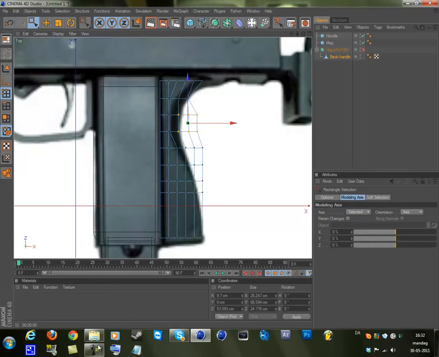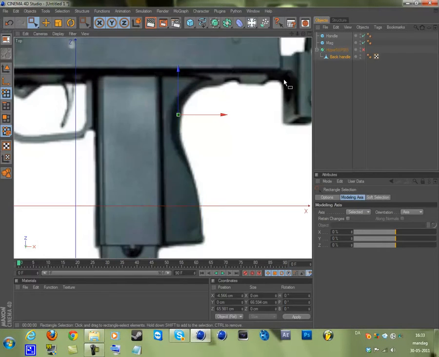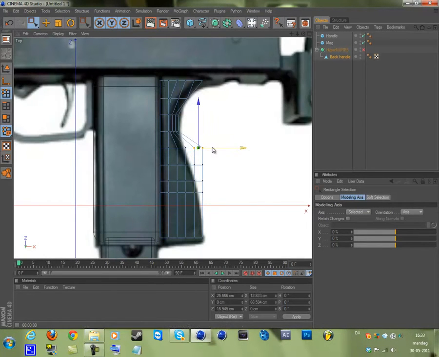Sorry for being quiet right now. I just want to pull these in. So you're going to select some and drag them in so they fit like this with the image. It doesn't have to be precise. You can see it's pretty ugly now, but it will get better. And just keep doing that. It's going to be a pretty long process to make this gun actually look like a gun. But don't worry, it will turn out just as good as you probably wanted. And if not, then I don't know.